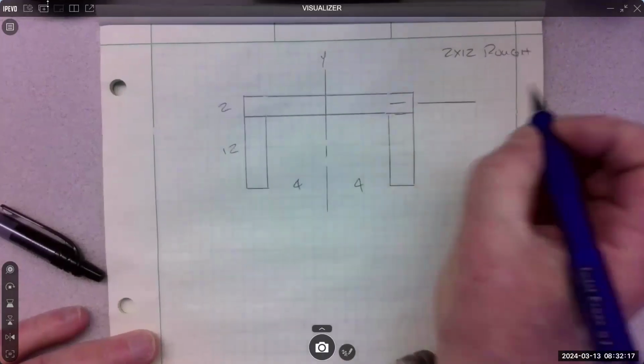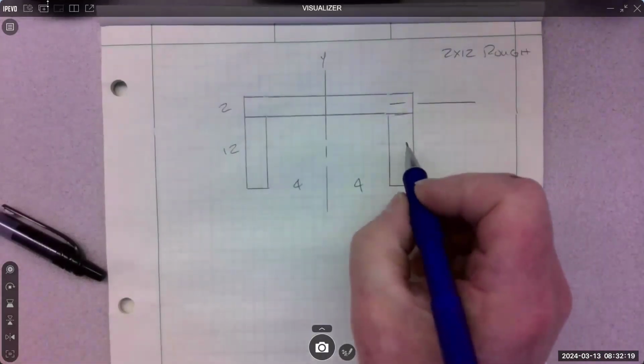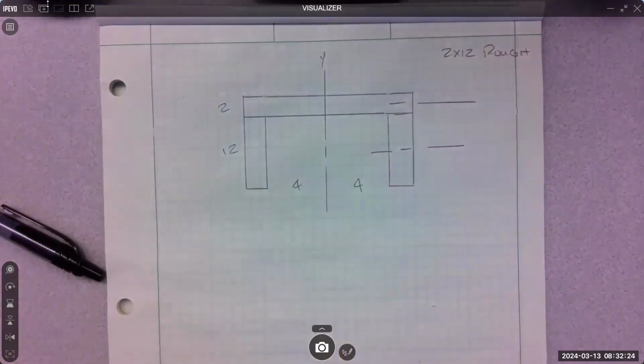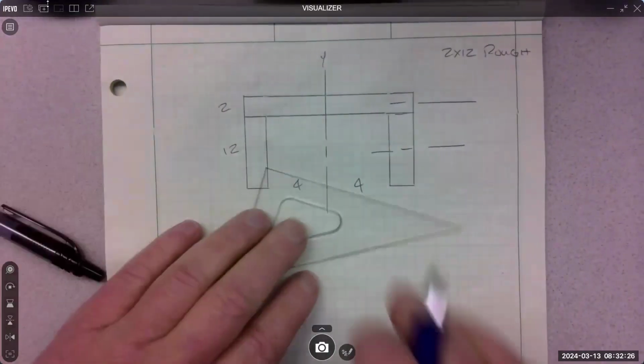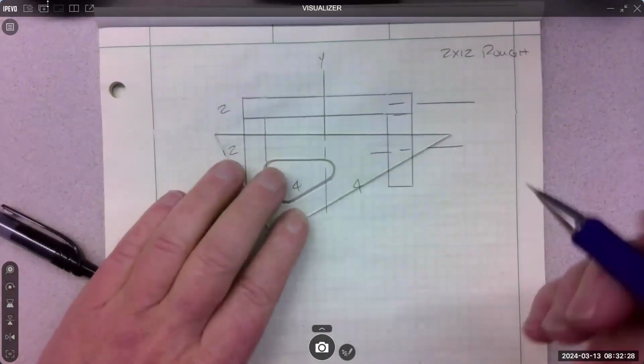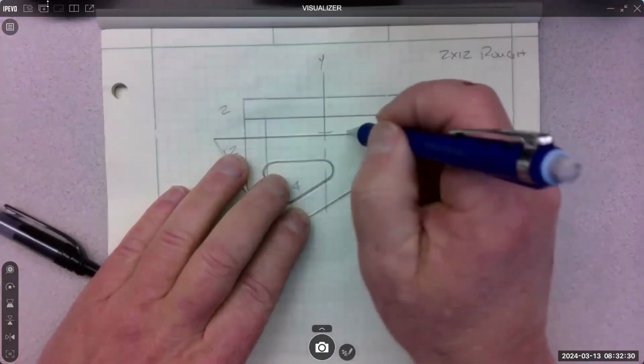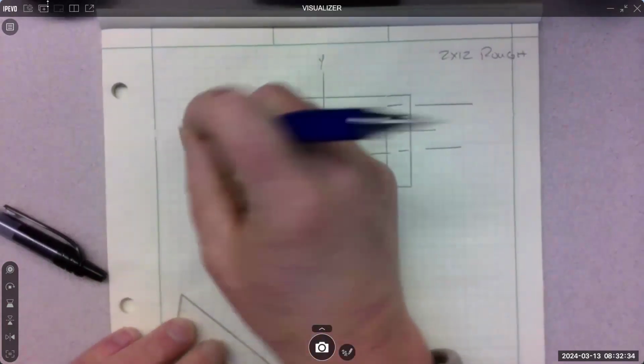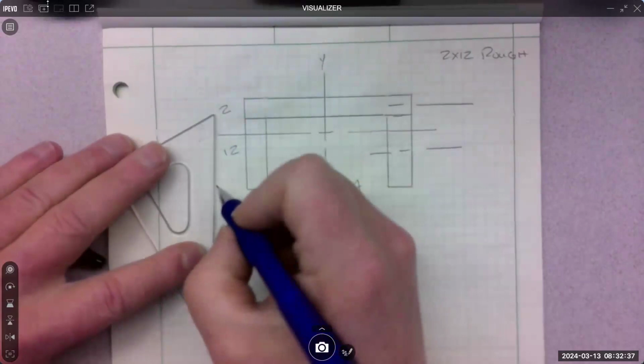So we have this one up here, this one down here, and then I'm guessing the composite is somewhere in between, like in here somewhere. So we gotta find that first, right? We call that